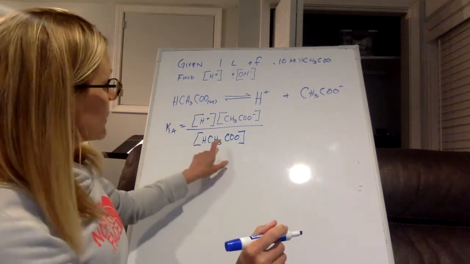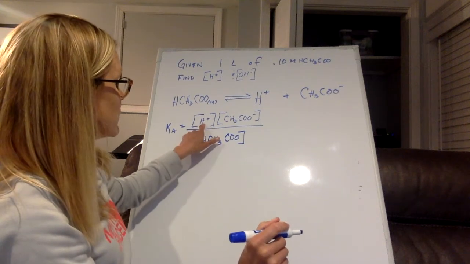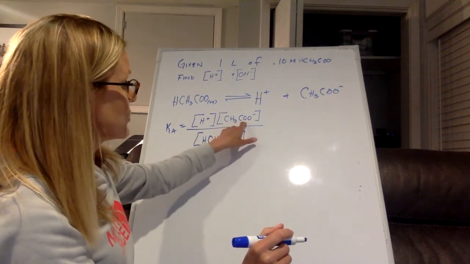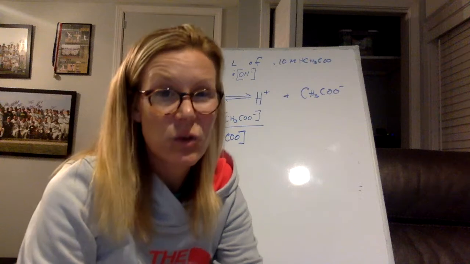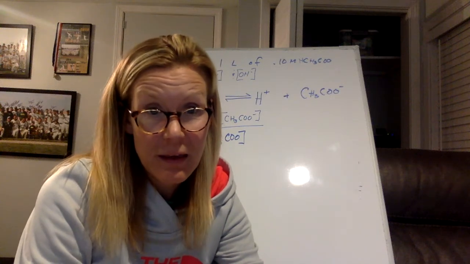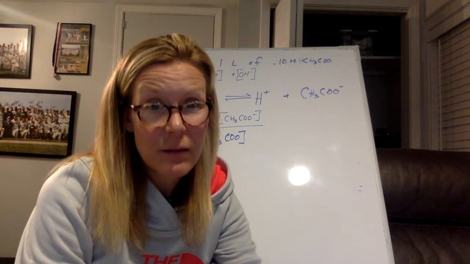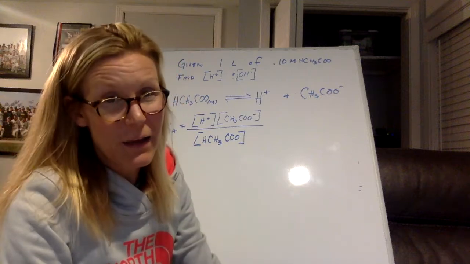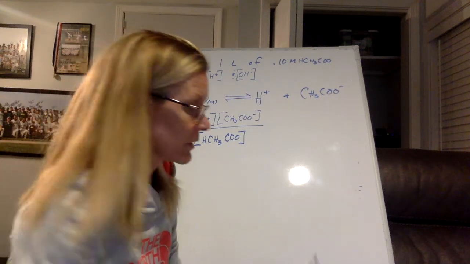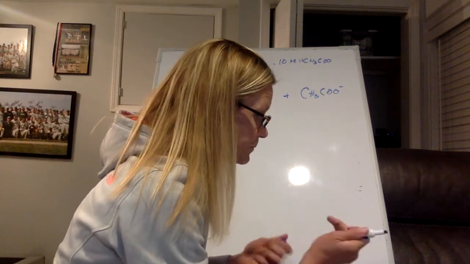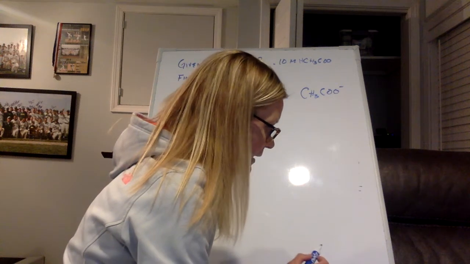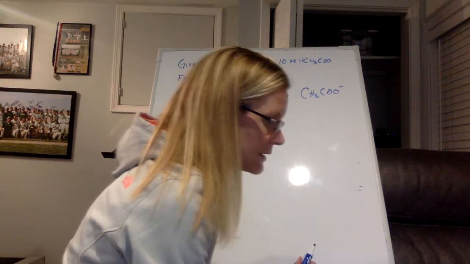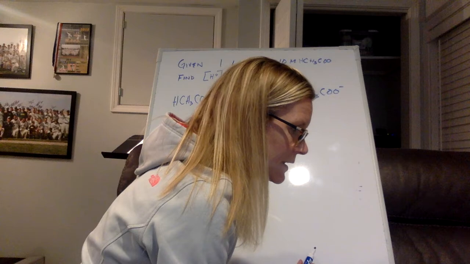Okay, I only know the concentration of this. I don't know the concentration of this, and I don't know the concentration of this. You have a table. The table has the Kas. So we're going to use that table, and we're going to use an icebox in order to solve this equation. So when I look up in the table, it tells me that the Ka is